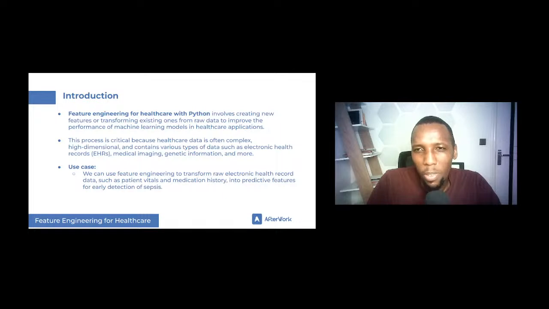When you're performing feature engineering, you are preparing that data set for a particular model, not for all models, because different models have different assumptions about the data that you're going to be training it on. So this process is critical because,